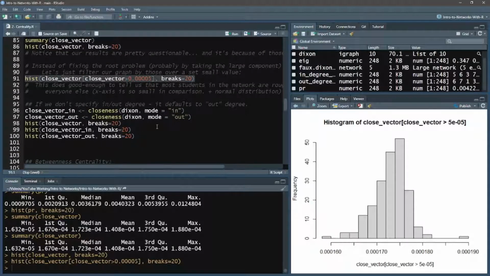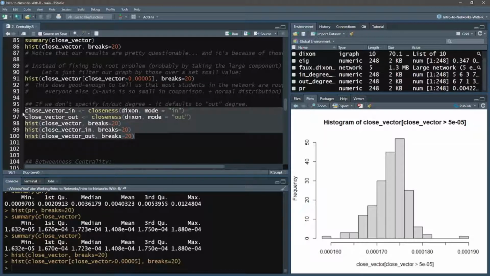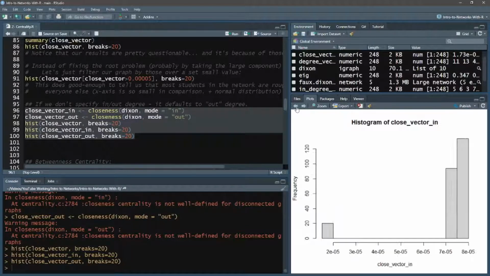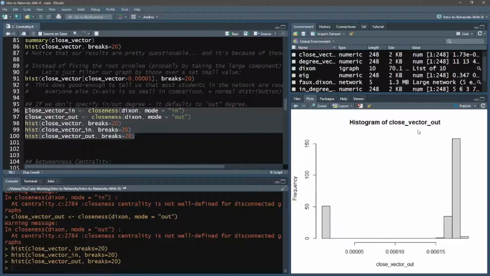So here is how you would measure the mode in and mode out for these. You would just essentially set mode in or out, similar to degree centrality, whether it's an inward or outward degree, but for closeness. If we run this, we can take a look at these numbers as well. You'll get some warnings, but it's only because of how we set the mode here. Our network isn't particularly set up to do this, but you'll notice here that we still have the outliers. But now we're just examining those directed networks inward or outward.